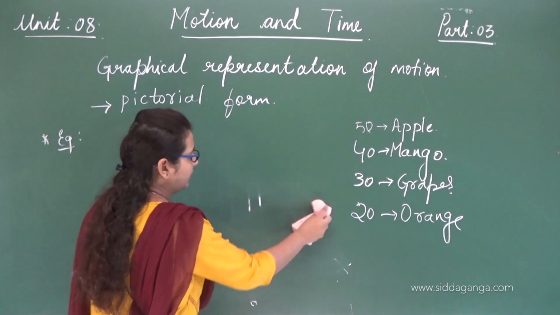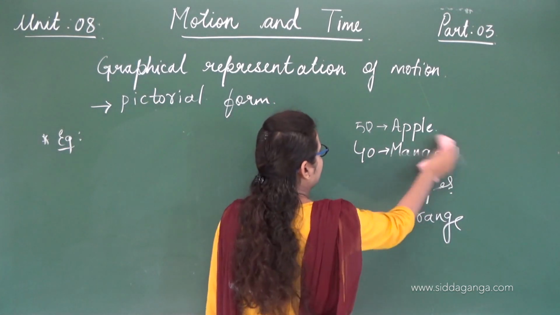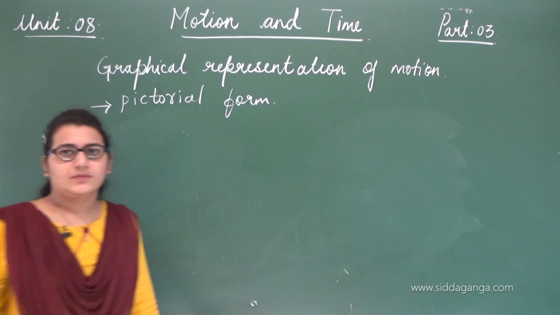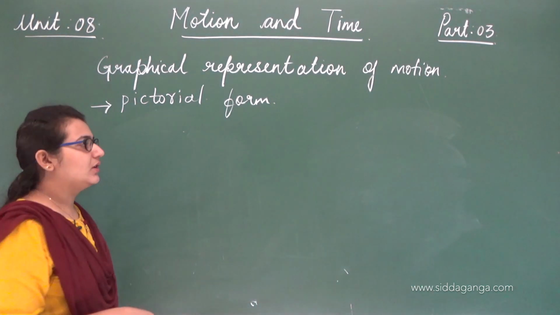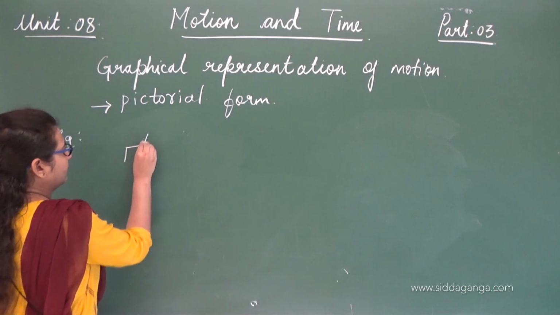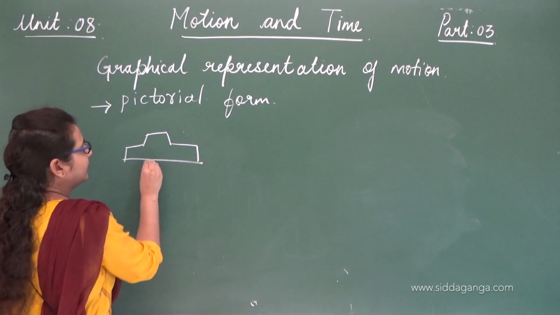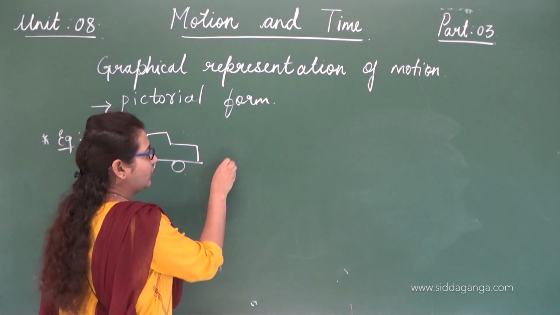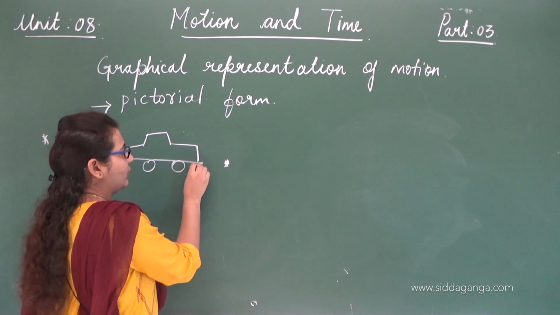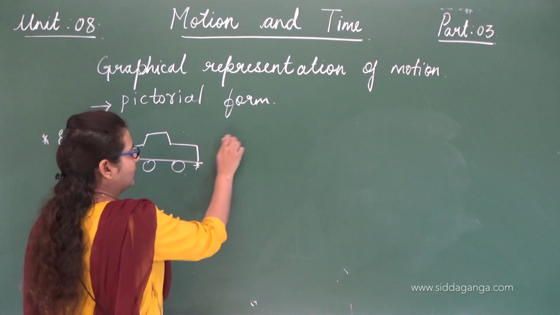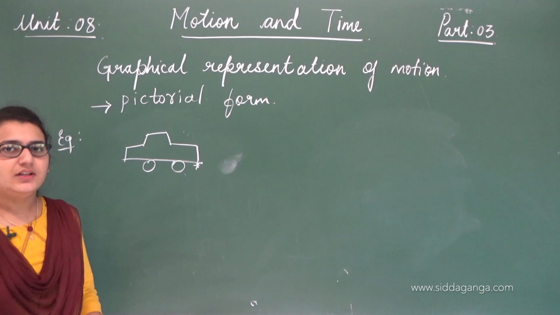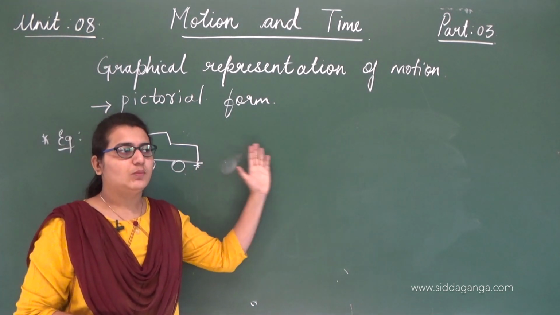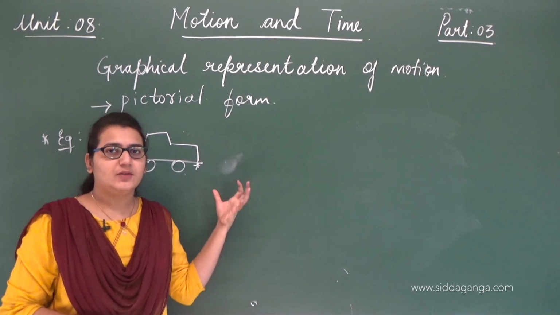Let me tell you the car example now, so that you will understand exactly about distance and time. Got it, right? This is about the graph. Now we'll take an example of a car. So this is the car. Here is the starting point of this car. Now the car is in rest position, and soon after we start the car, gradually with time it will move and be in motion.